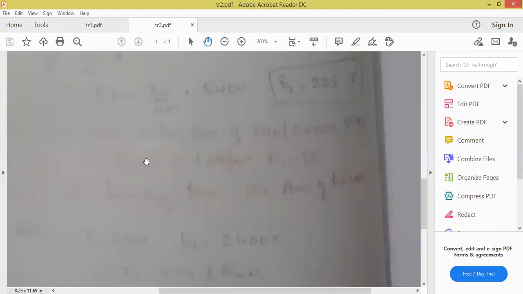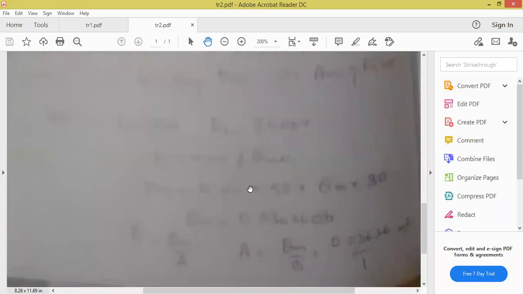So for a 50 hertz single phase transformer, what is the magnetic flux density? Density here is per meter square. They have given B equal to 1 Weber per meter square, and N1 equal to 30 turns. Determine the secondary turns and the area of the core. You must make a note of this. I'm just repeating: determine the secondary turns and area of the core.